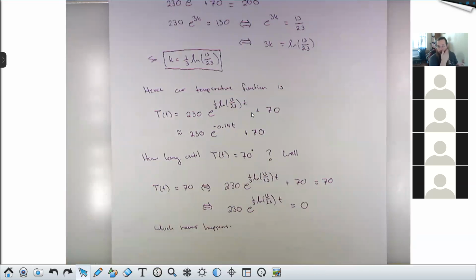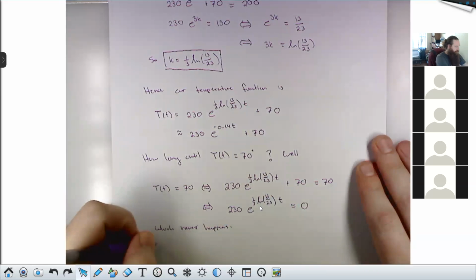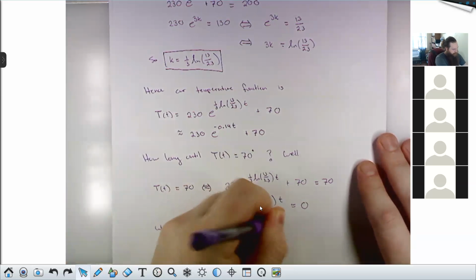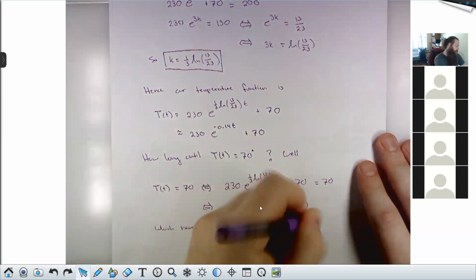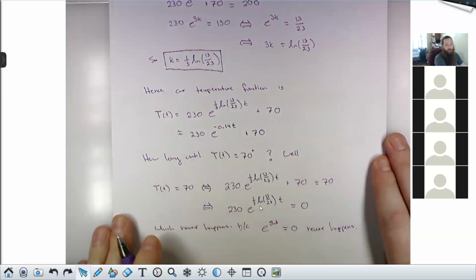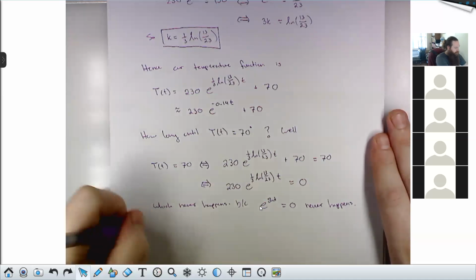Bunch of ways to think about that. You know that exponential functions are never 0. Right? You divide both sides by 230 if you want. And say, okay, this goes away, and then you need this piece to be 0. But you know, yeah, e to some stuff, that's never 0. There's no real number, no, not even any complex number such that e to that is equal to 0. Right, because e to some power equals 0 never happens. However,